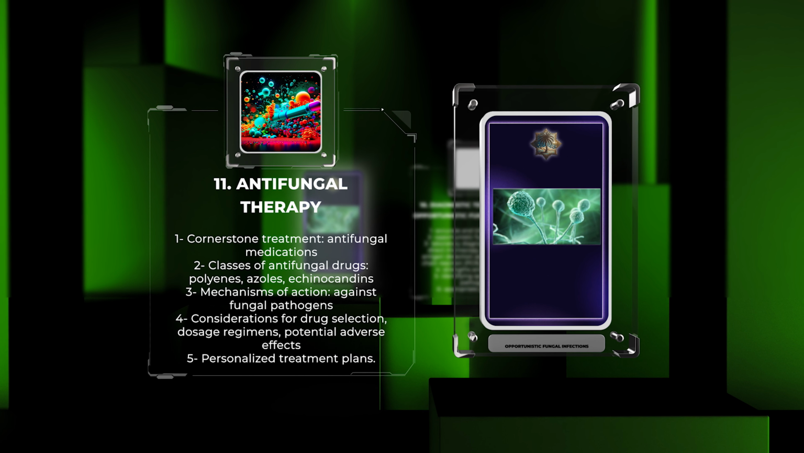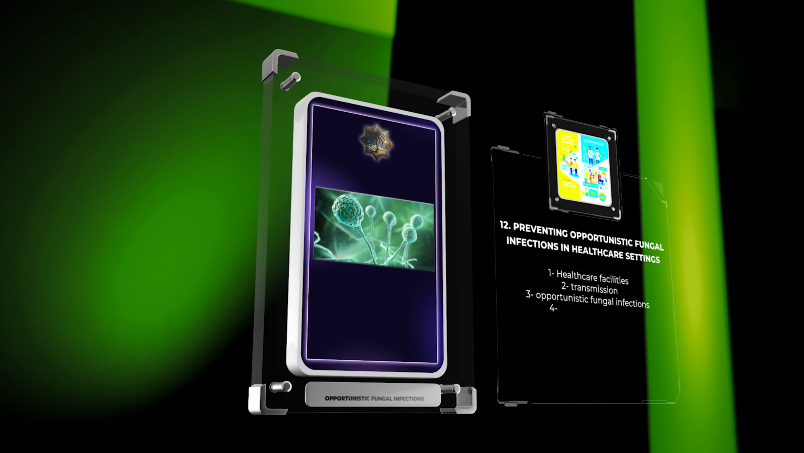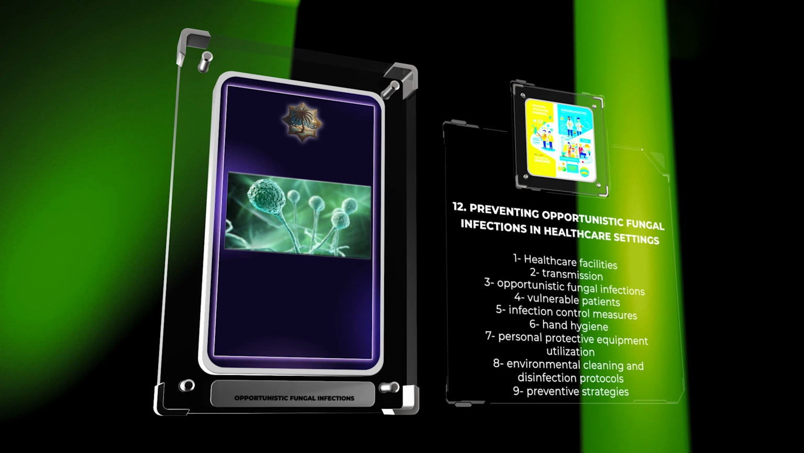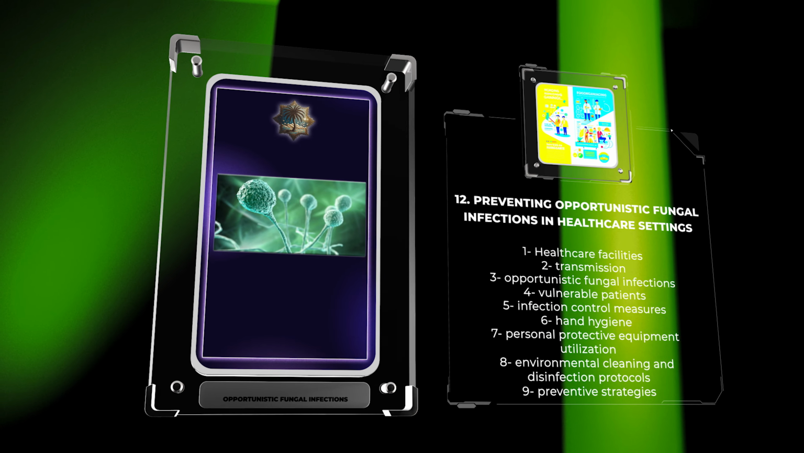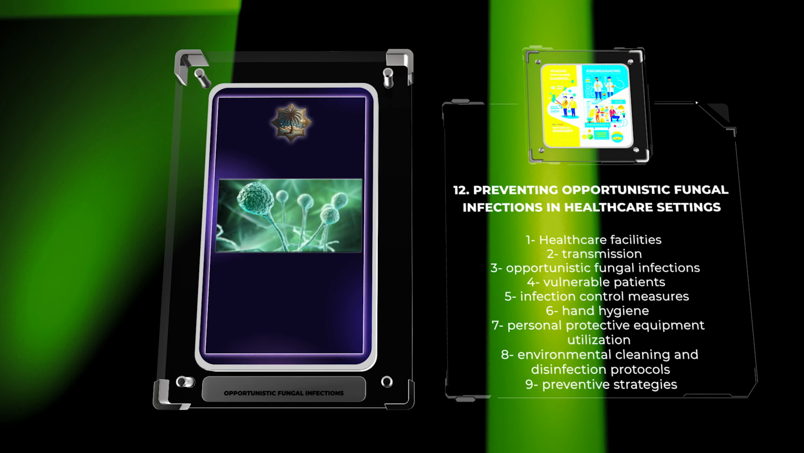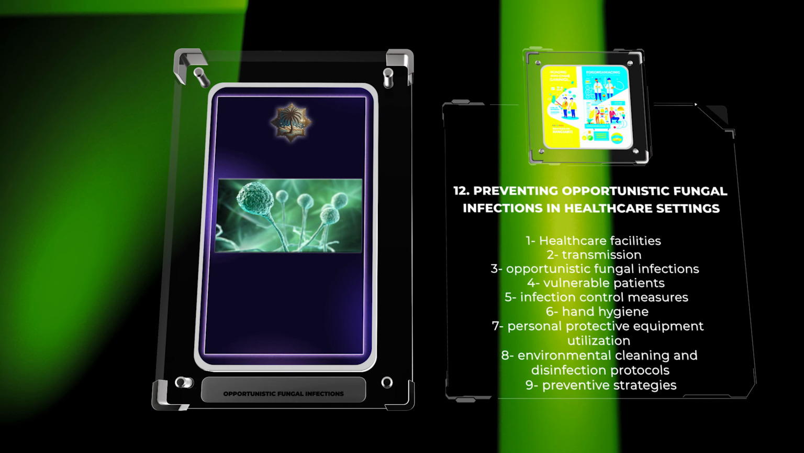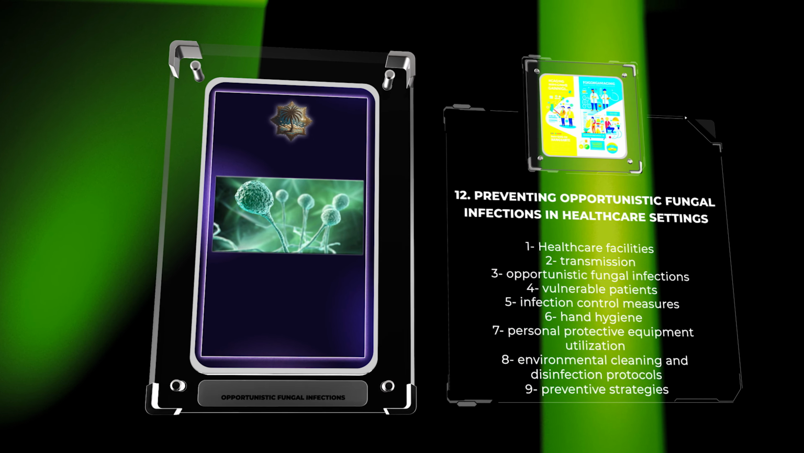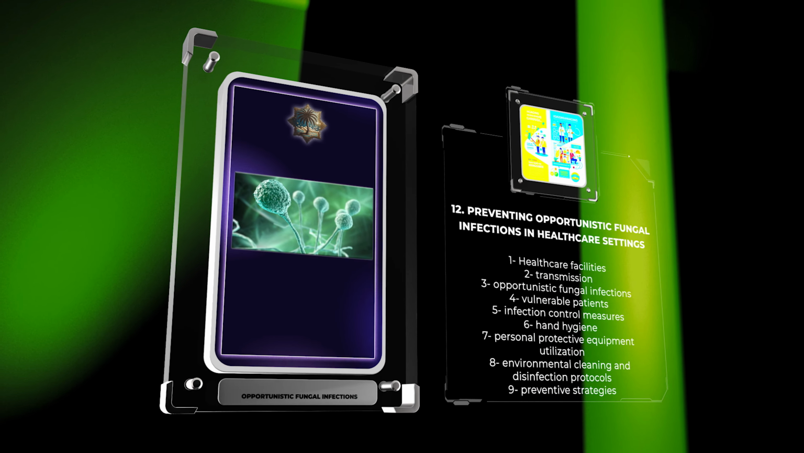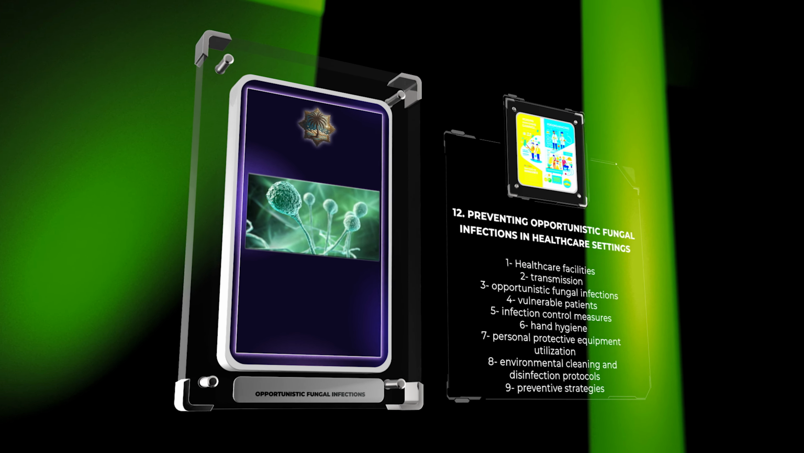personalized treatment plans. In healthcare facilities, preventing the transmission of opportunistic fungal infections is crucial to protect vulnerable patients. We will examine the infection control measures, including proper hand hygiene, personal protective equipment utilization, and environmental cleaning and disinfection protocols. Furthermore, preventive strategies, such as antifungal prophylaxis and vaccination development, will be discussed to minimize the risk of nosocomial